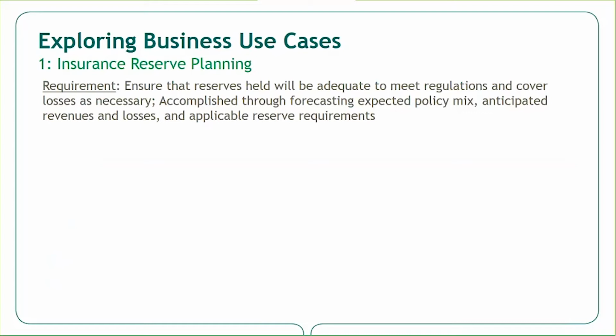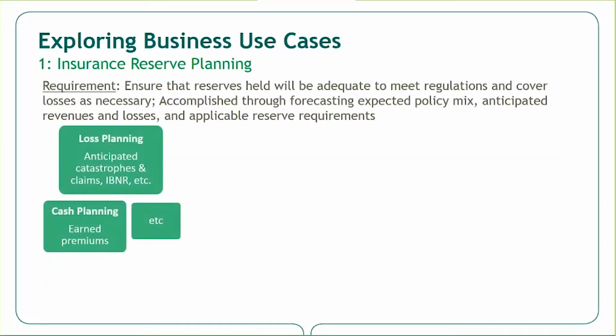So the first use case I want to cover is another insurance use case, which is reserve planning, and it brings together several different planning processes. All insurance companies need to hold adequate reserves to meet regulations and cover potential losses. So in order to plan what they need in reserve, you need to bring in inputs from other internal processes such as loss planning or triangles and your expected cash from premiums, and take a holistic view of all of that information